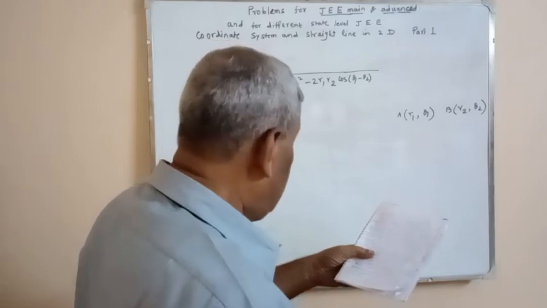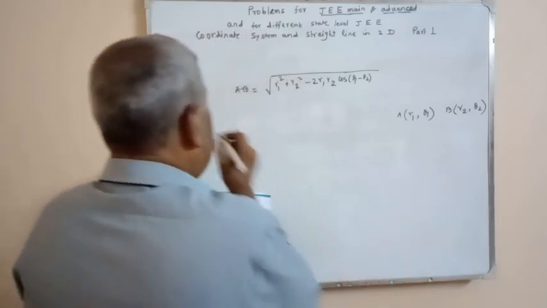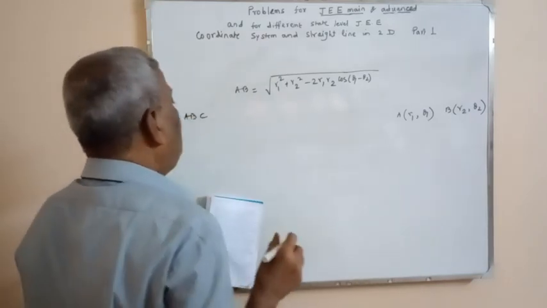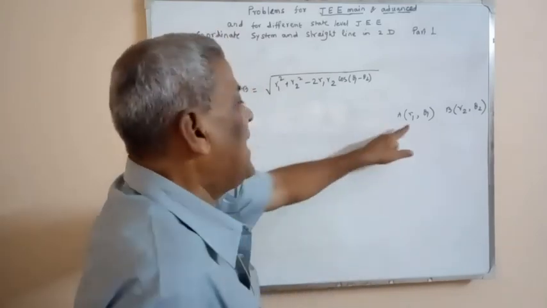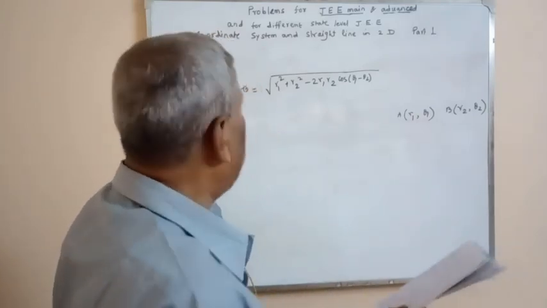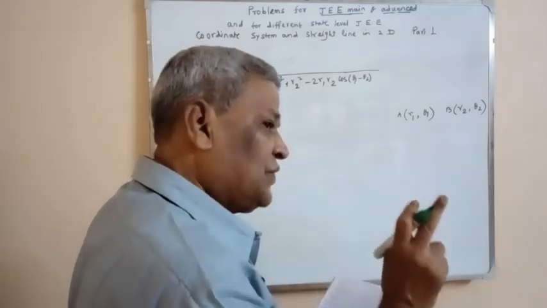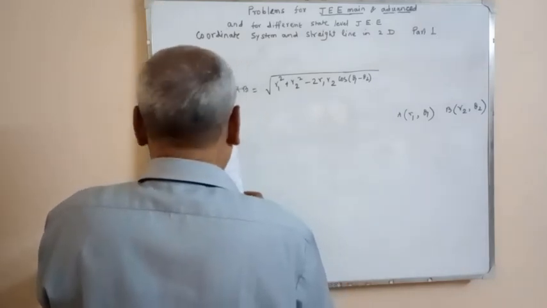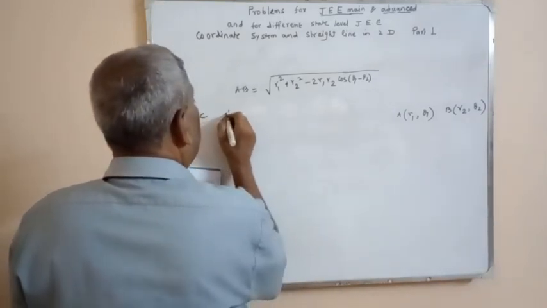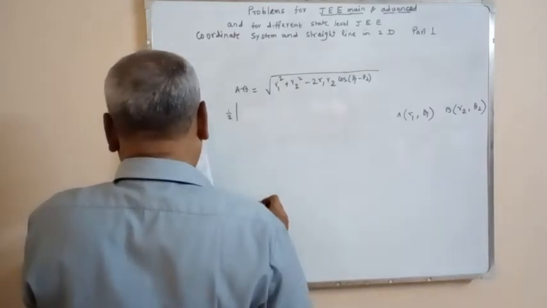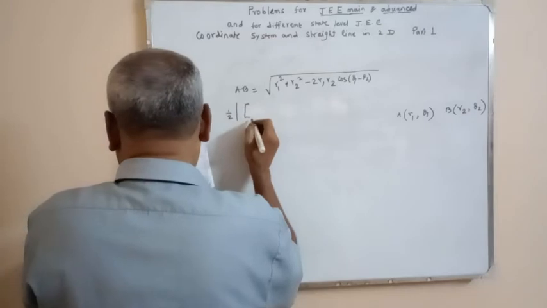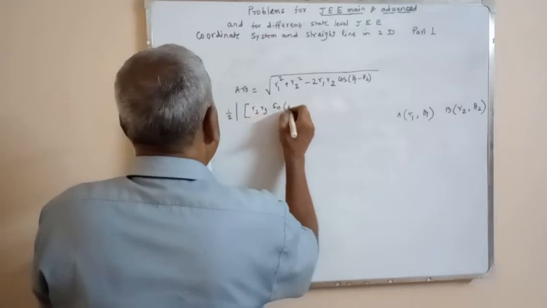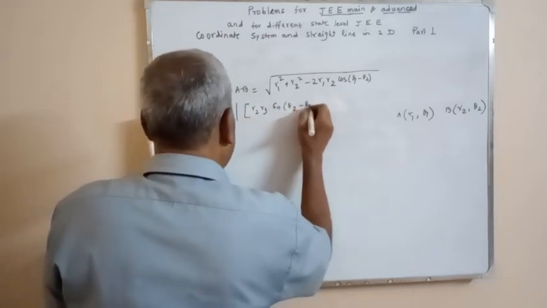Area of the triangle in polar coordinate. Suppose ABC is the triangle, coordinate of A is R1 theta 1, coordinate of B is R2 theta 2, and coordinate of C is R3 theta 3. Then area of the triangle in polar coordinate is half modulus sign into R2 R3 sine of theta 2 minus theta 3